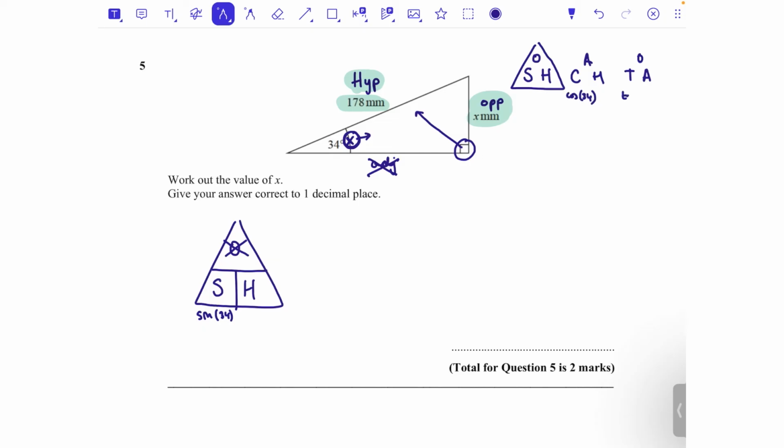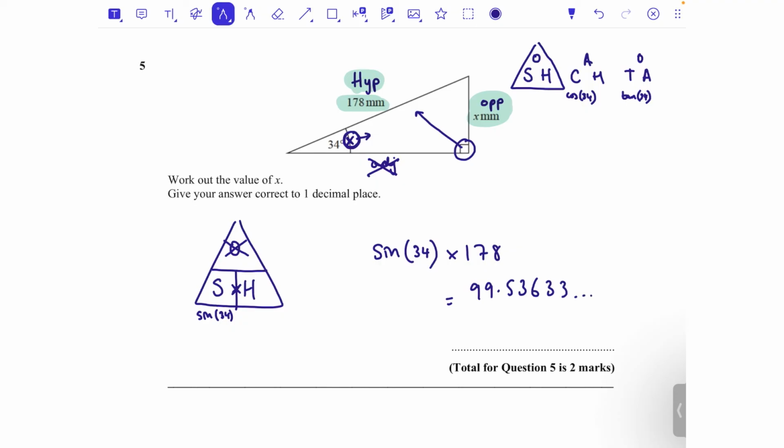Had we been using TOA, the T would have been tan 34. So there we go. Sine 34, and that's multiplying by the hypotenuse. So sine 34 times 178. I'm just going to type that in my calculator, and that is